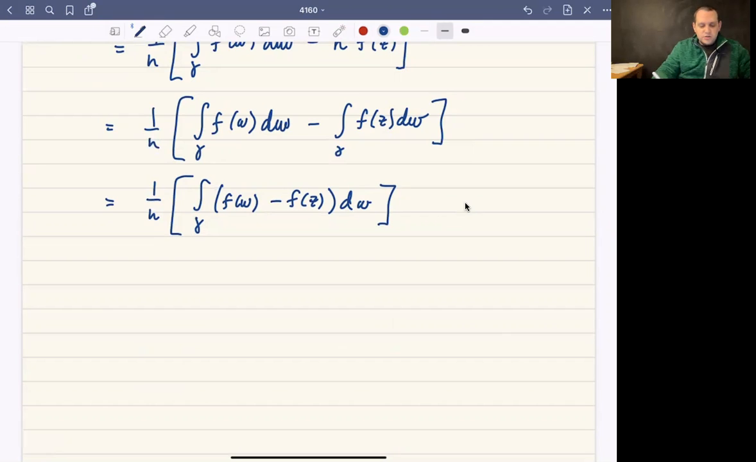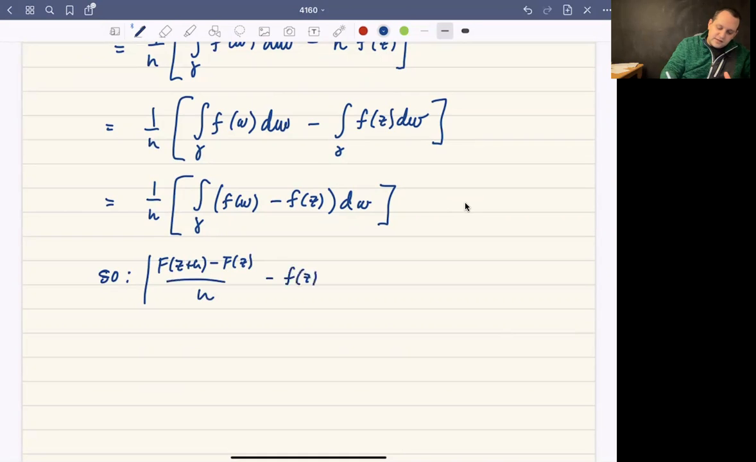So if we think about the limit definition, the epsilon-delta definition of a limit, we have to play around with that just slightly. By some of the properties that we know, I want to make sure this is completely crystal clear. What I'm going to do now is take the modulus of both sides. So the modulus of capital F of z plus h minus F of z over h minus little f of z is going to be equal to the modulus of 1 over h times this integral over gamma of f of w minus f of z